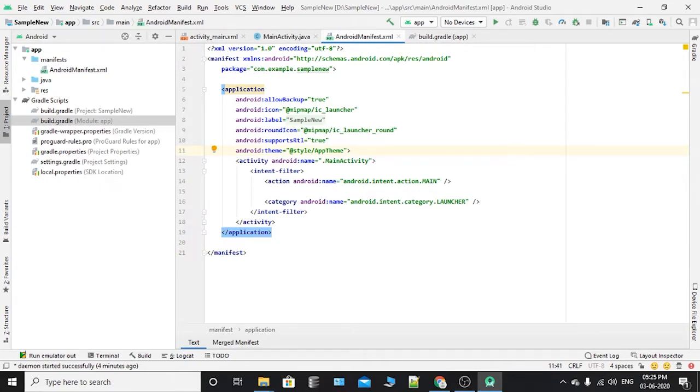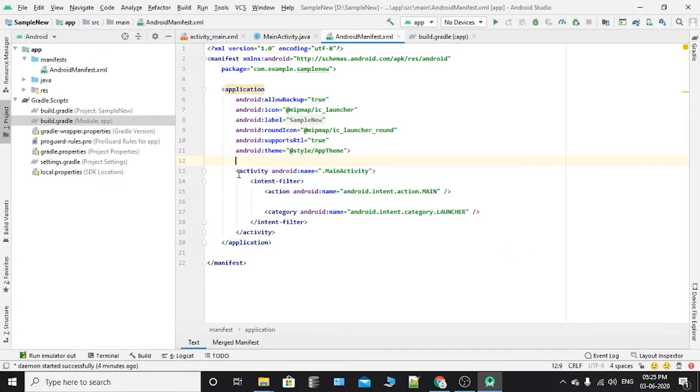You can see app components here: activity, intent filter, action, category, we call it as app component. If you subclass any of this component without declaring it in the manifest file, the system cannot start it. The name of your subclass must be specified within the name attribute, which means here.